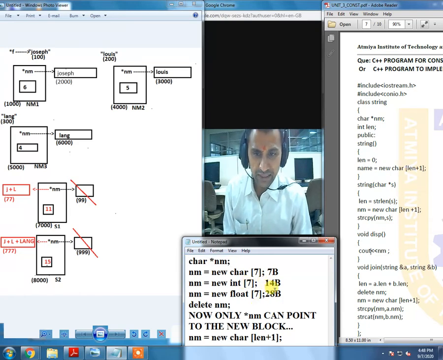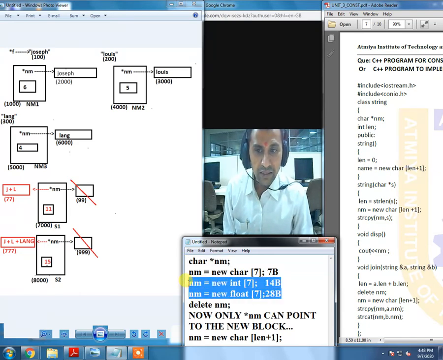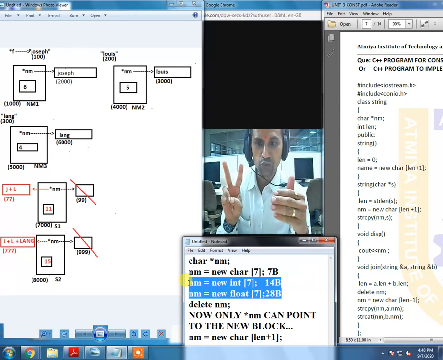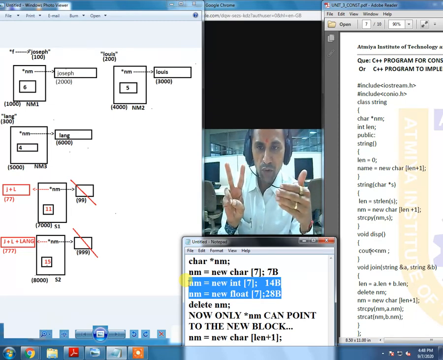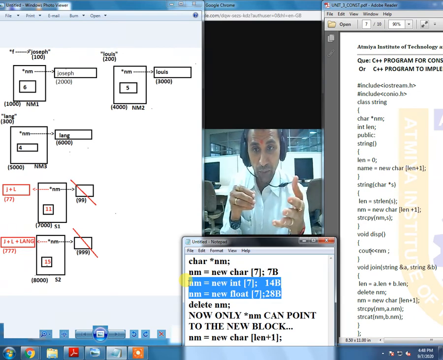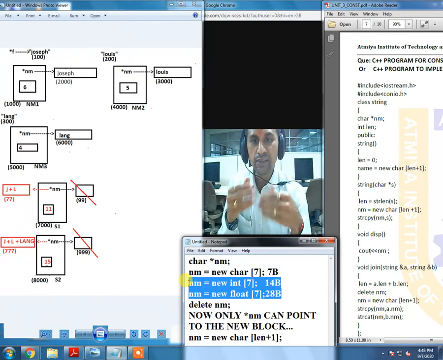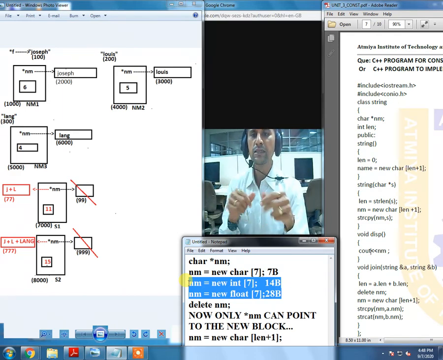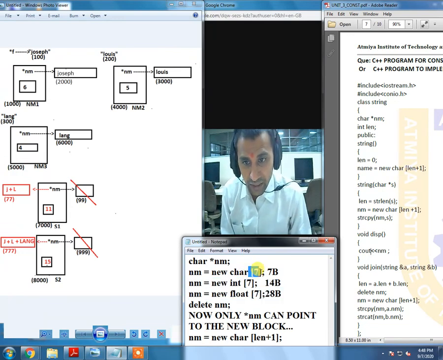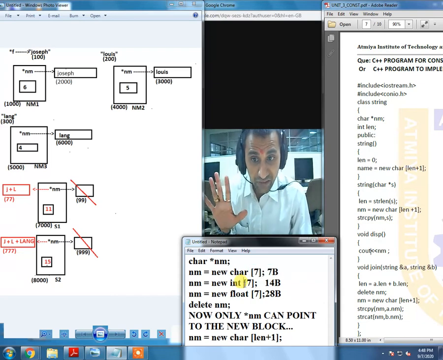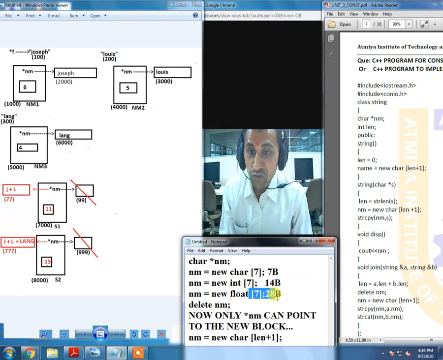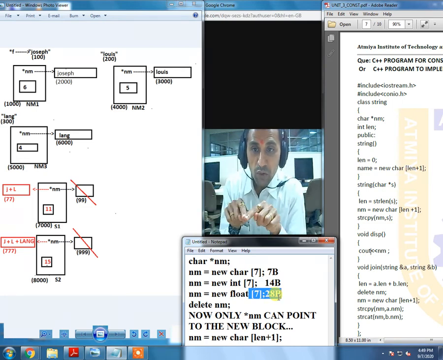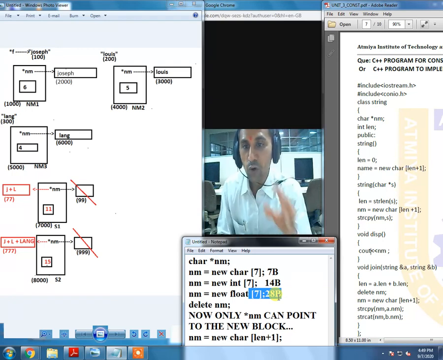Okay, these are just 2 more examples. Definitely, to implement these 2 examples, we have to convert the data type of *nm. That means we have to convert name into an integer pointer, or into a float pointer, and then it can be done. The only difference is, in the first example over here we are going to get a memory block of size 7. If it is an integer, if we are going to store 7 integer values, we are going to require a block of 14 bytes, and in case of a float, one block of 28 bytes will be allocated.